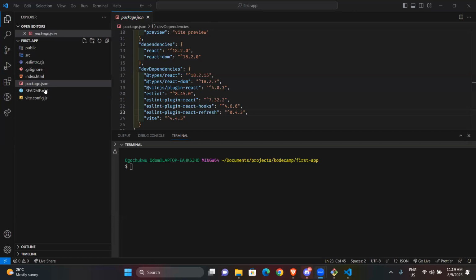Do I need to go over the installation with Vite again? Or did all of us get that? How to use Vite to install? You guys should. Okay, all right. That's fine.